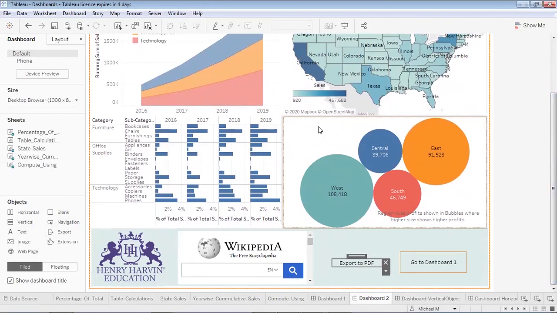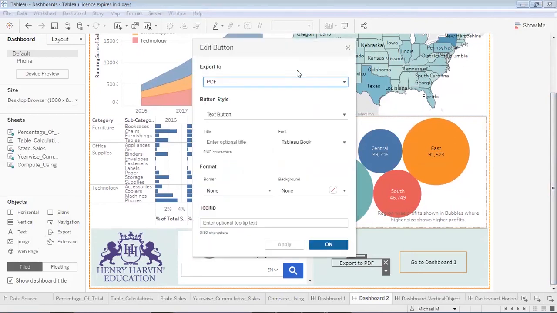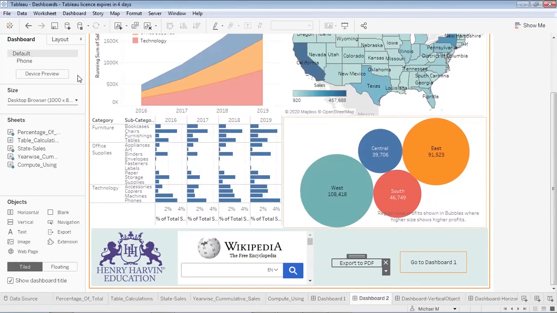Now over here, if I want, I can share it with the end user in the form of PDF or maybe image or PowerPoint. The option I select using that feature, the user will be able to share or download it in the form of image, PDF or PowerPoint, whichever he wants, and then that document can be shared with the end user. Now we have discussed almost all the features related to Tableau dashboards and workbooks for sharing and publishing them.